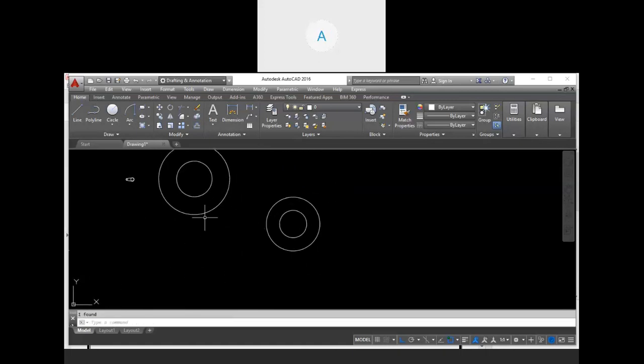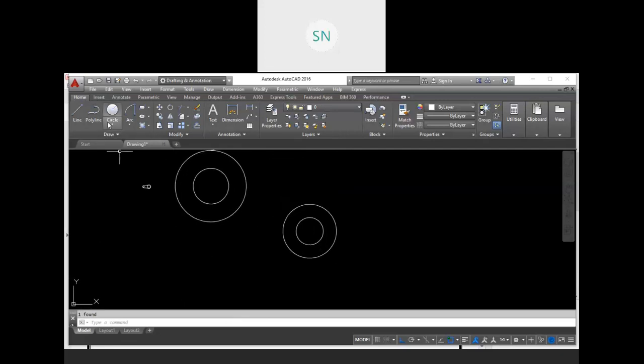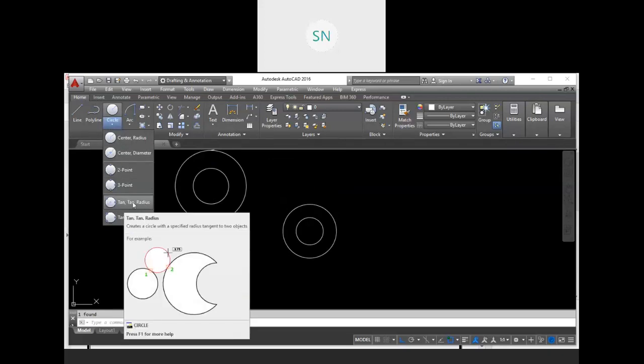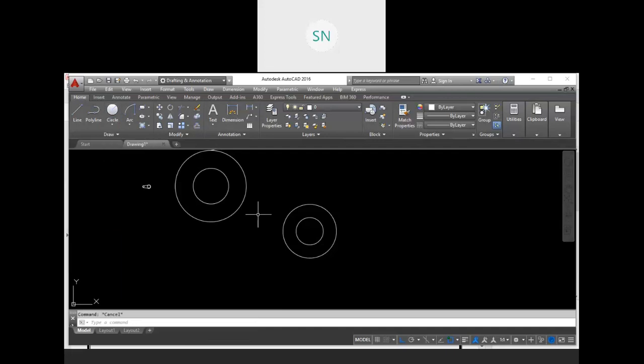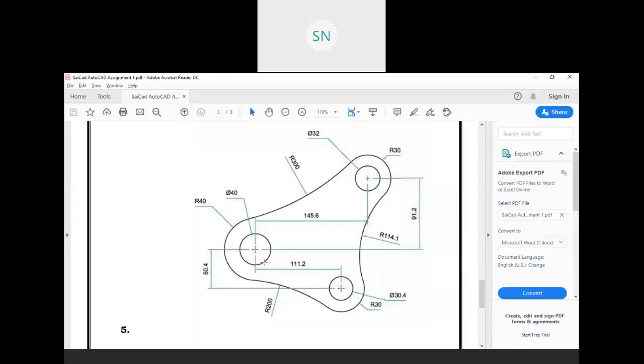Okay, similarly we have to do over here, or we have another option also. Let me show you that. In the circle command you will find the tangent radius option, that we discussed. TTR, tangent radius. See, circle, C, enter, and we have tangent and radius. So this time we will use that option to create an arc over here.